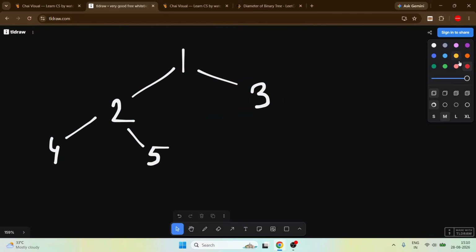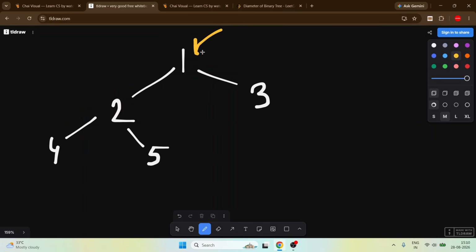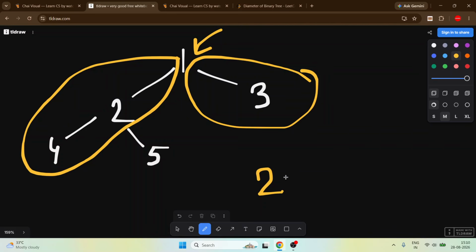Okay, so let me come here, and I think I should make a copy. Now write it using this. So see, we are having a bend. In this one we are having the bend. So whenever we reach the bend, if we calculate the height of this part and the height of this part and we add them, the height of the left part is 2 and the height of the right part is 1. If we add them, we will easily get our total diameter, which is 3.